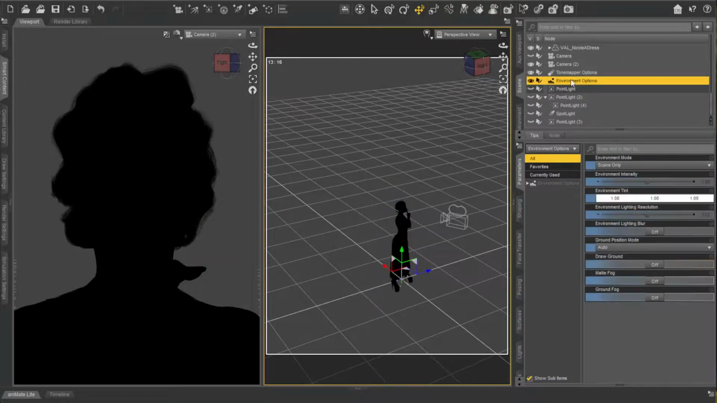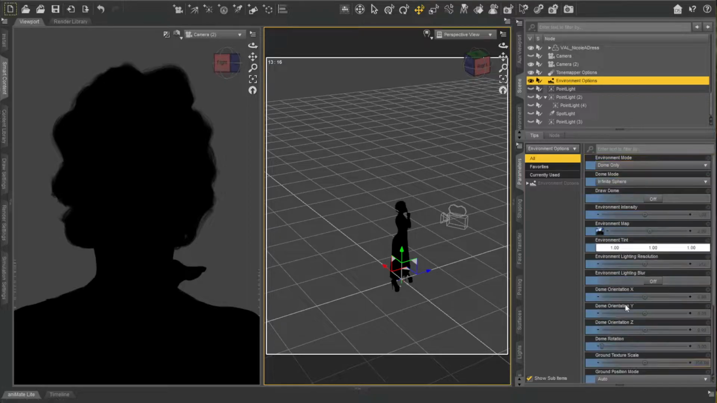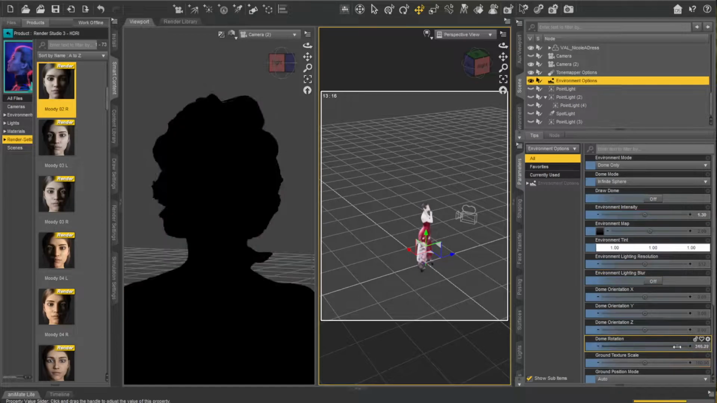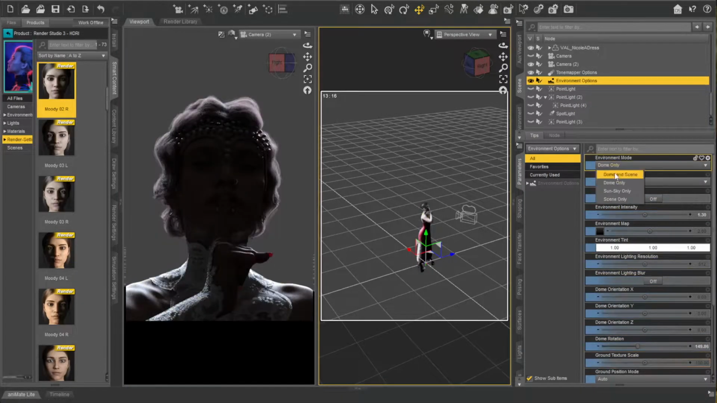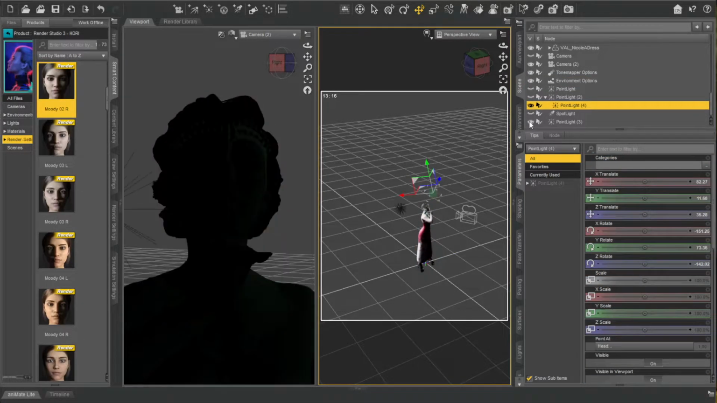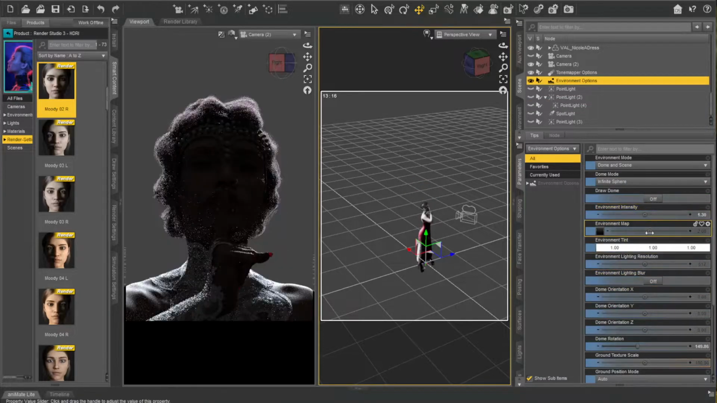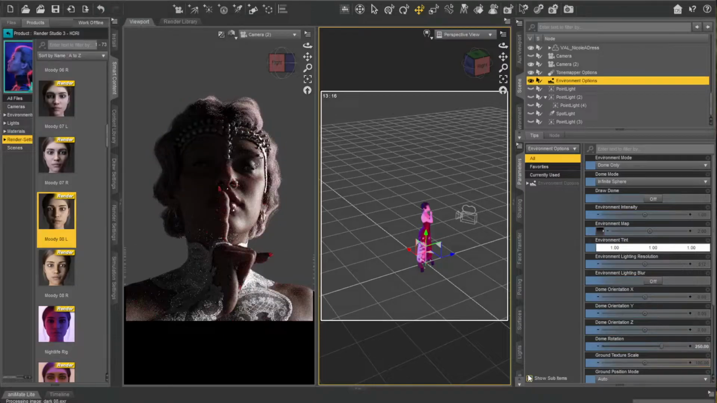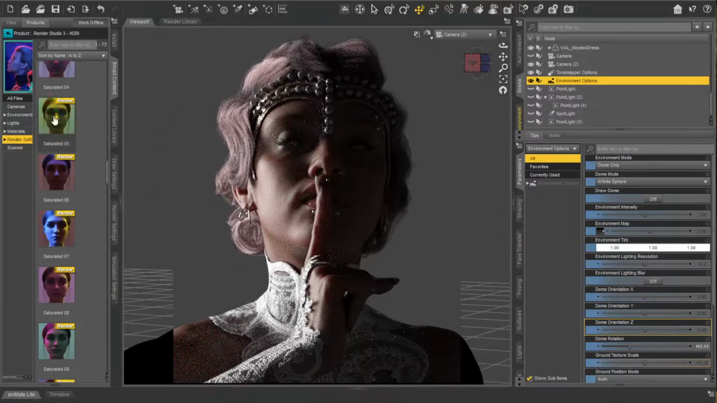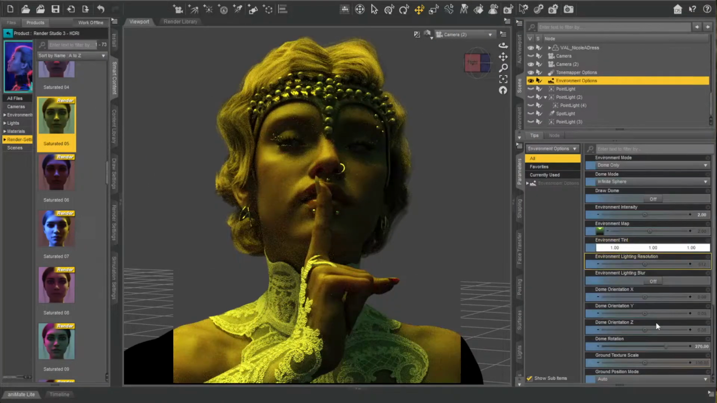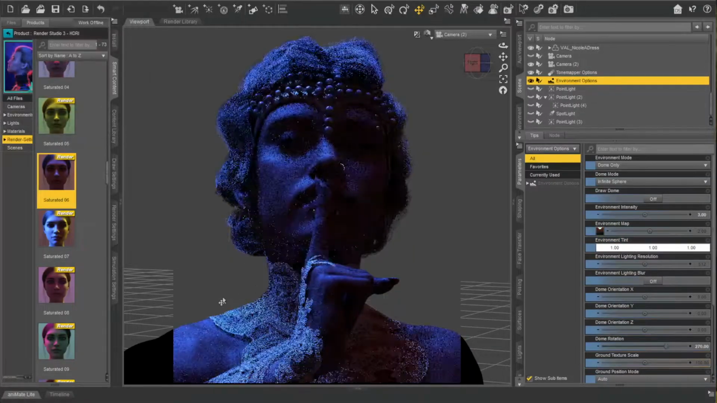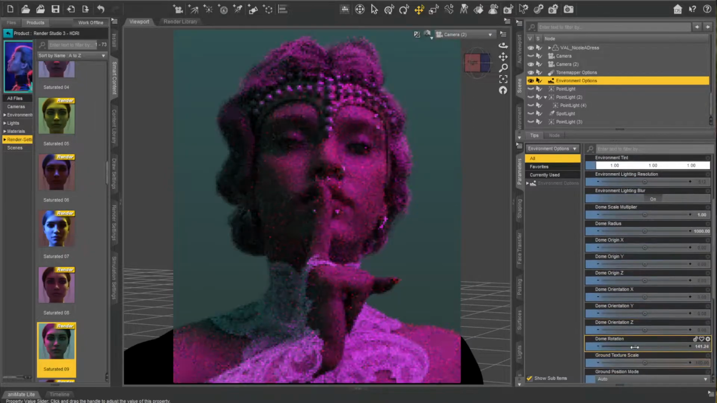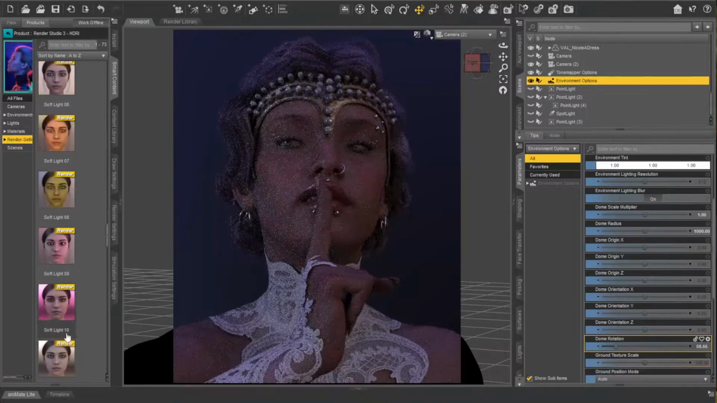HDRIs, what I first do is I go into my environment options and I switch on dome only. I don't want to see any of the lights. I just want to see what the dome is doing, the HDRI dome. And then I start messing around and going through all or many of the HDRIs that I have. I see what they look like, and the one thing that I mess around with a lot is dome rotation inside of environment options, and tone mapper options. I mess with the